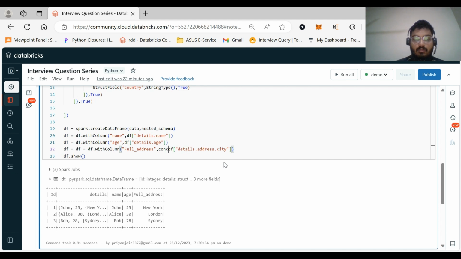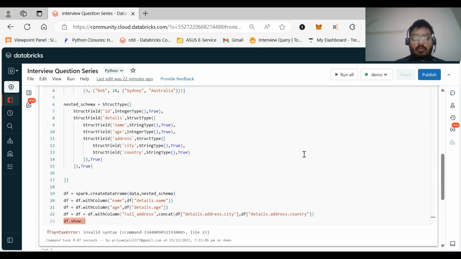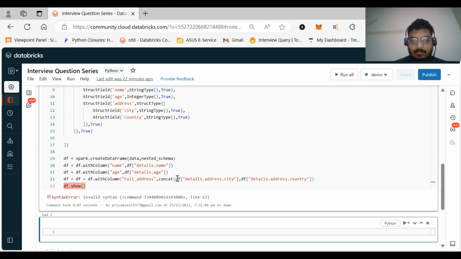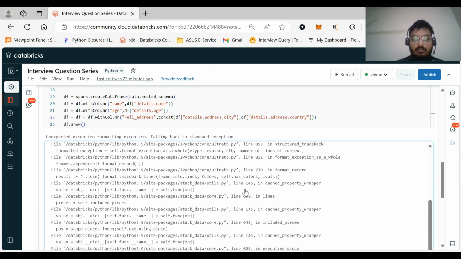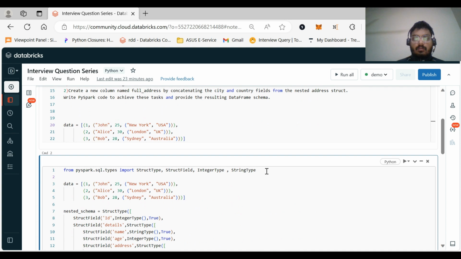Let's try to use this function, get. We need to import this function also. Okay, one more bracket. Let us import this from pyspark.sql.functions.